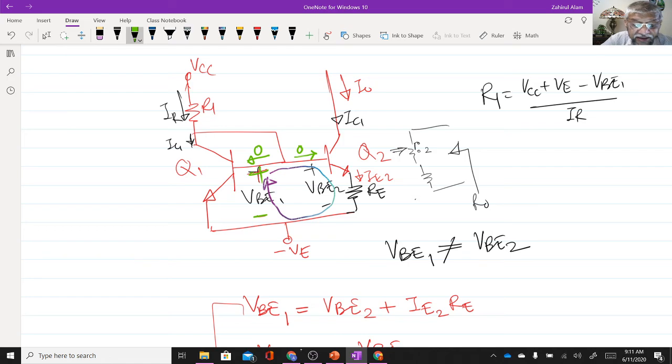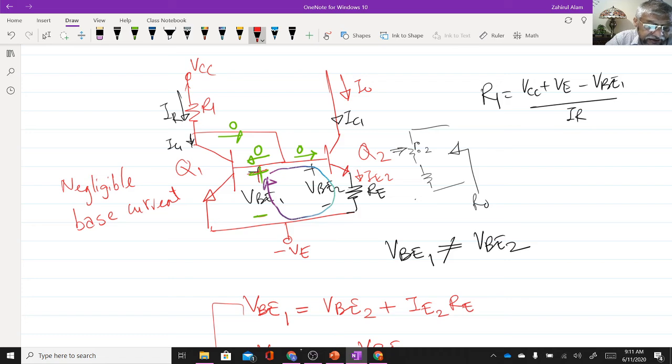If negligible base current flowing, then this current also is zero. Then if you consider negligible base current,